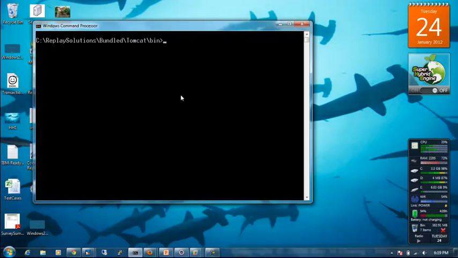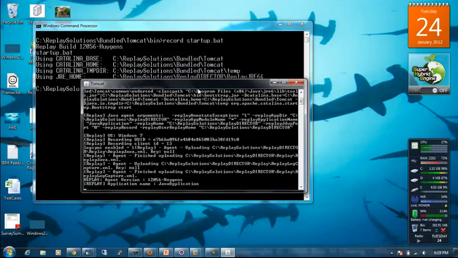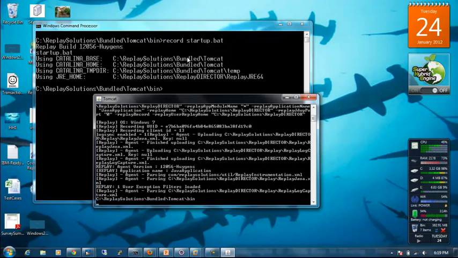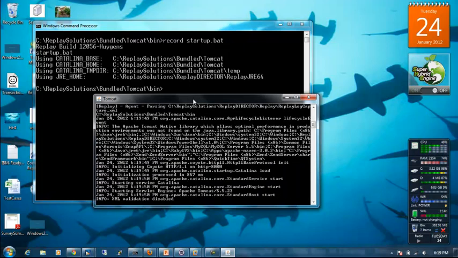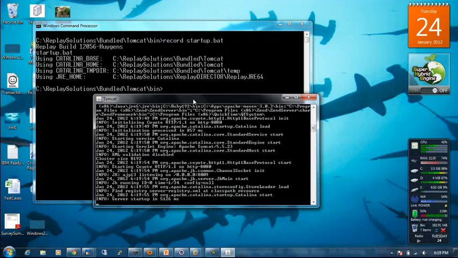I'm going to walk you through Replay Director and what it can do for you. So Replay Director is a software analyzer tool that will show you things about your application that you may not have known. Using it is as simple as adding the record command to the way that you start up your application. That's going to put a replay agent into your Java virtual machine and actually record your application as